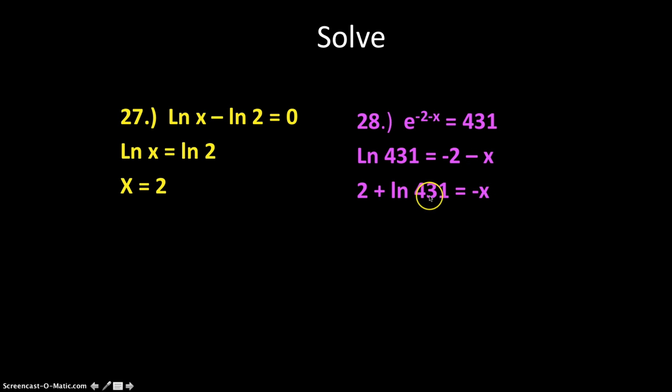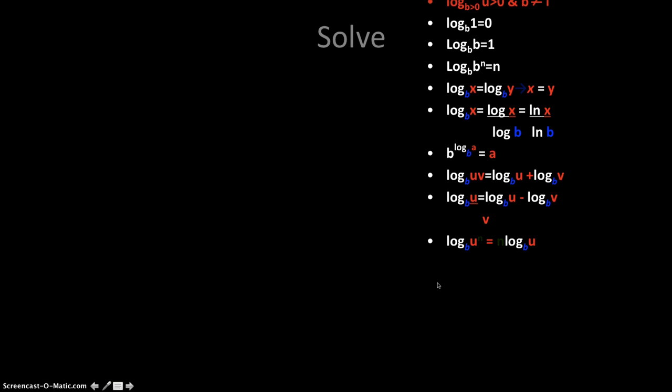Our solution is to add 2 across, and we have to divide by this negative sign. And when we do, we end up with a negative 8.0061, which actually turns into a positive exponent when you plug it in. Okay, and on we go to